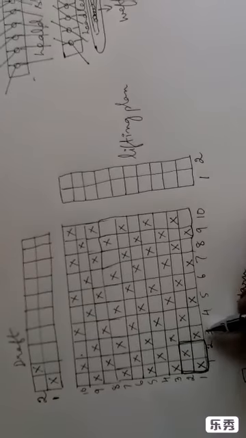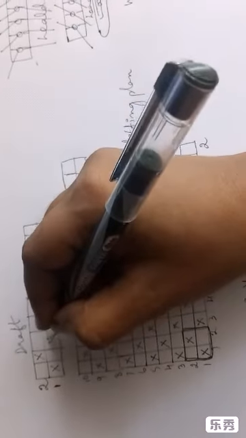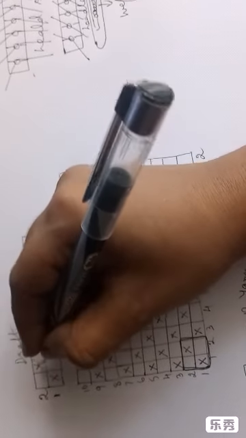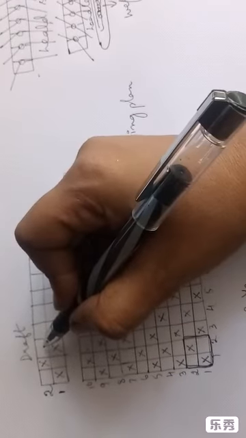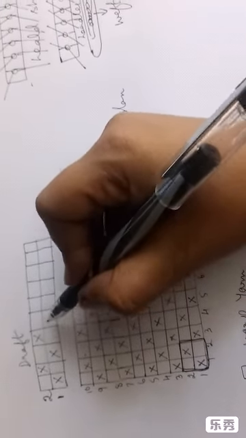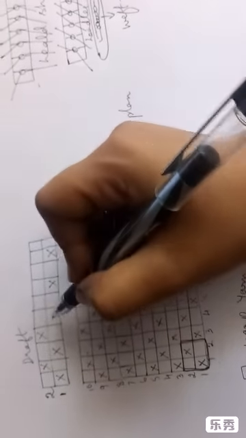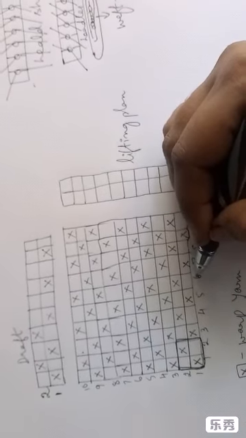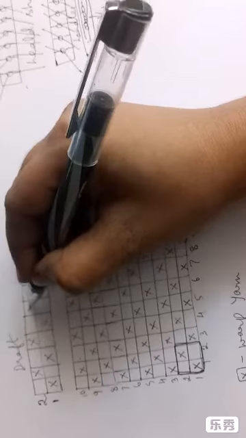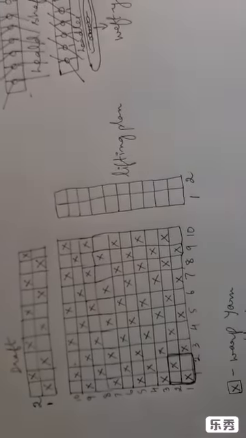Now I will come to the second row, that is the third and fourth. In the third and fourth, the same thing will repeat. I'll get 1 warp thread here, 1 weft thread here. After my warp thread, I'm going to get 1 weft thread here, so I'm going to leave it blank. Then I'm going to put an X here. The same way it will continue: 1 down, 1 up, 1 down, 1 up, 1 down, 1 up. After that, you can see the 6th row here: there is a blank box here, there is an X here, so I will do the same thing. That's it. It is going to be very, very simple. So this is your drafting plan.